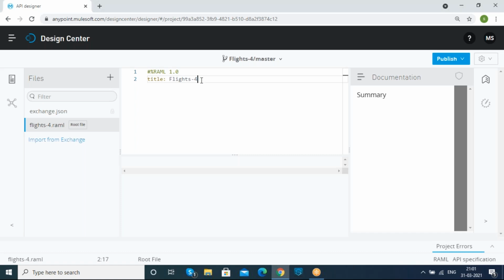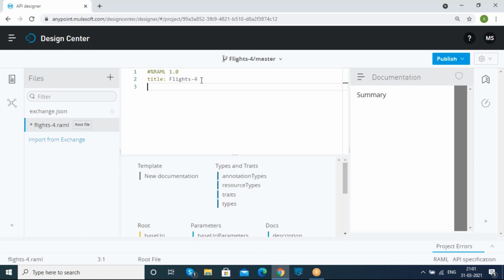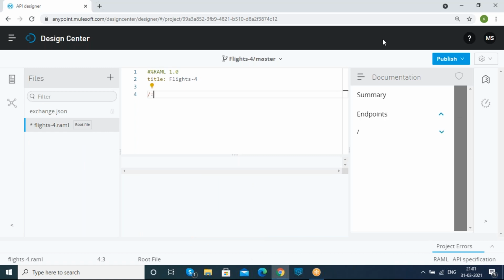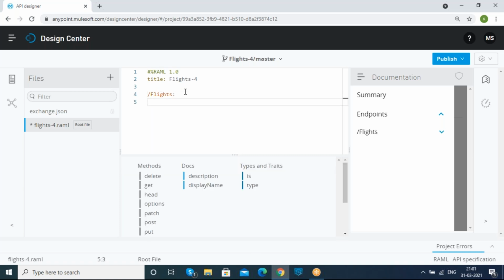So here, we are designing the project regarding the flights. In between the slash and colon, whatever name we provide, we call it our resource name. Since we are designing the project about the flights, I want to name it as the flights resource name. And under the flights,